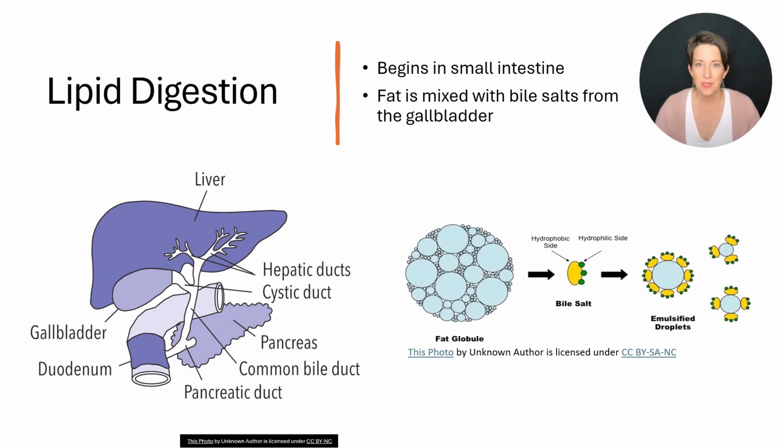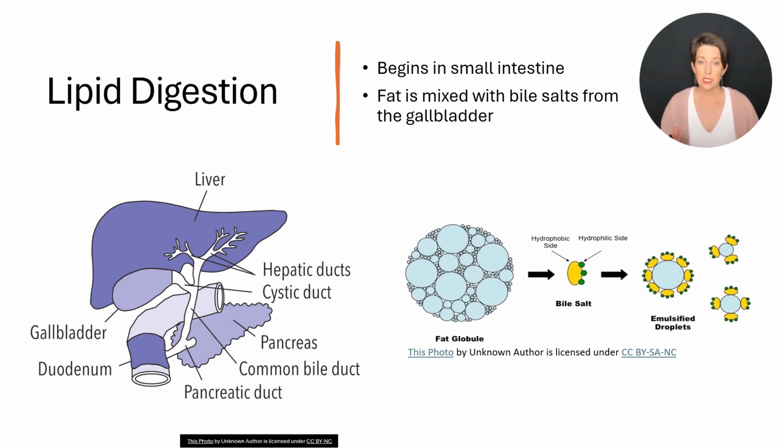Looking at lipid digestion. As always, we're going to start with our digestive system. As we know, we are going to chew our food and then it's going to move into our stomach and then into the intestine. We have talked about how carbohydrates start their digestive processes or hydrolysis in the mouth with our salivary amylase. Proteins start that process in the stomach with the HCl for the denaturation and pepsin for breaking